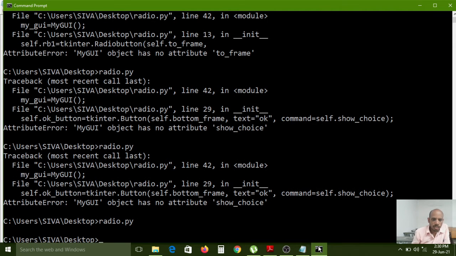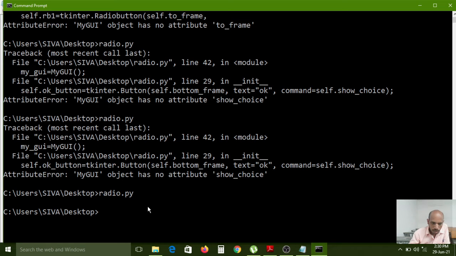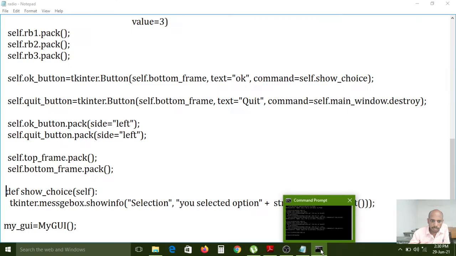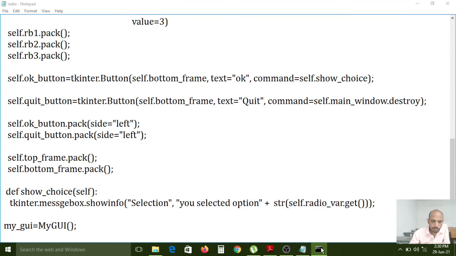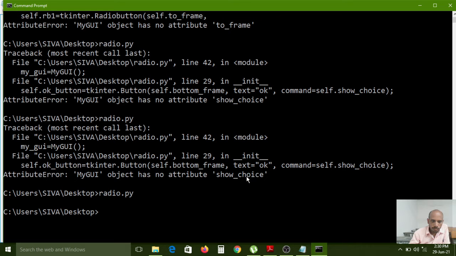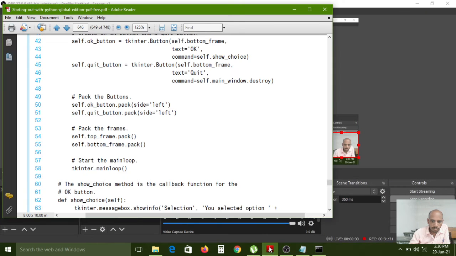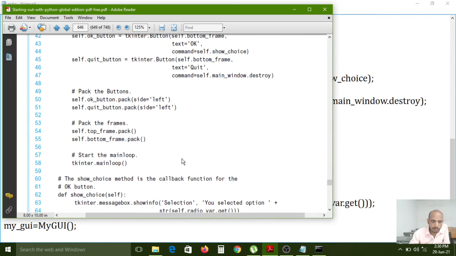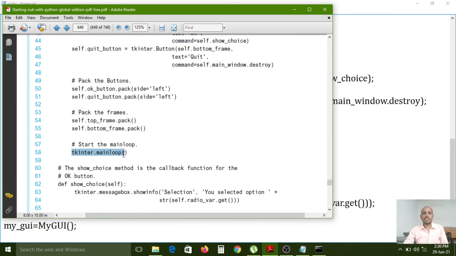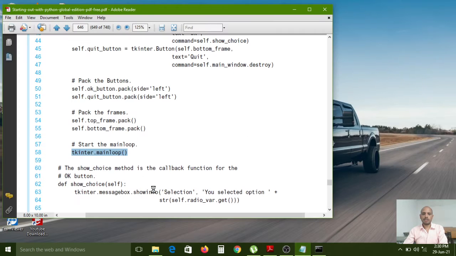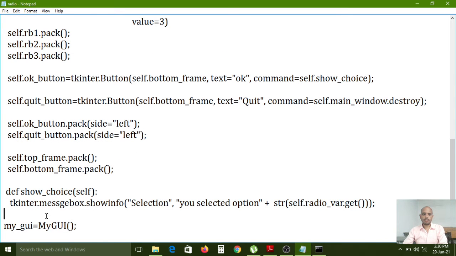Now we have to execute. Yeah, it has executed successfully. Why is it not showing anything? So we compulsorily need to write the loop option also, na? So we forgot the loop in this box. So before creating the object, just give one indentation space and give one semicolon and save this file.